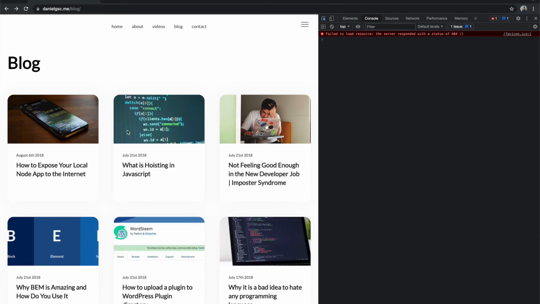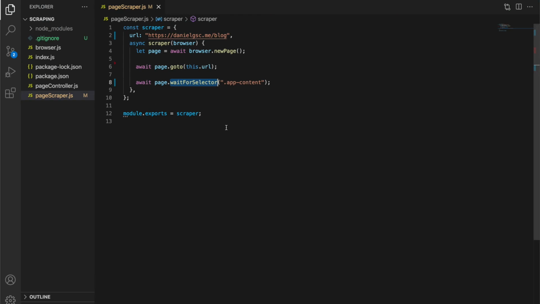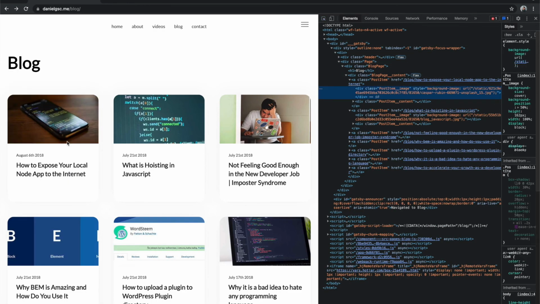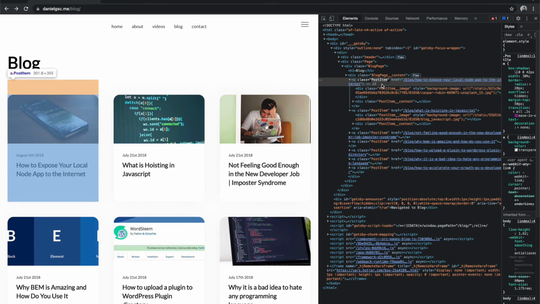Let's see what it is. Looks like it's page. Now from that, we can just go into the posts and see what class there is. So there is a class post item, which has also a link to it, which is perfect.